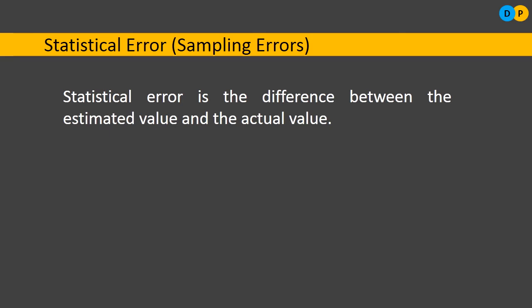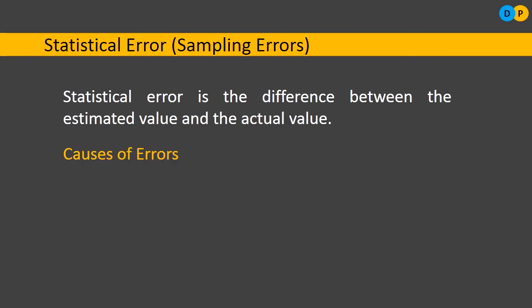But once the engineering blueprint is actually executed, after finishing the construction of your dream home, you will come to know whether you completed the project within the estimated value or it went above it. If the construction took around 75 lakh rupees, then there is a difference of 15 lakh rupees. So this is what statistical error is. It is a difference between the estimated value and the actual value.